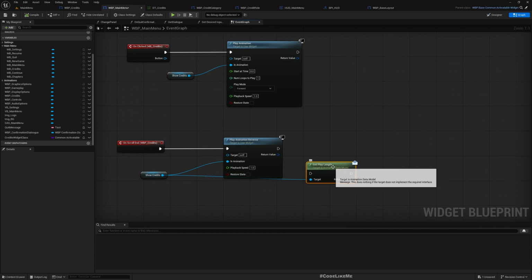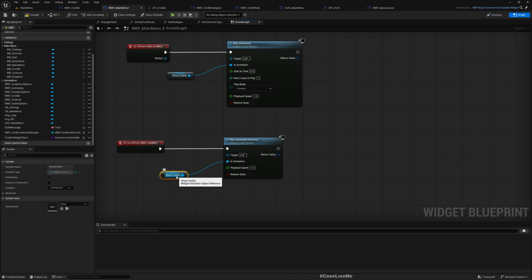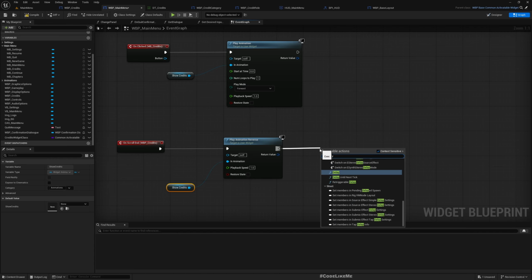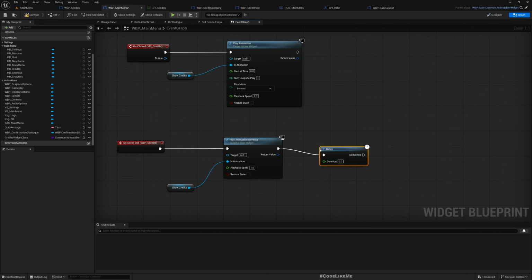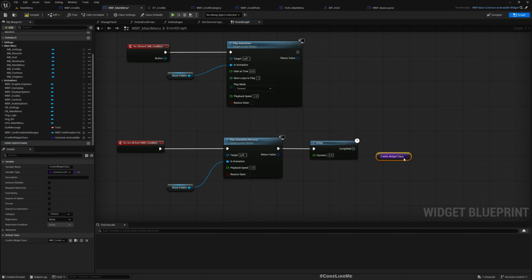Well, I'm not sure this is implemented by these credits because this is a widget animation. The other interface is not. I'm not sure. So let's just add a sample delay. 5 seconds